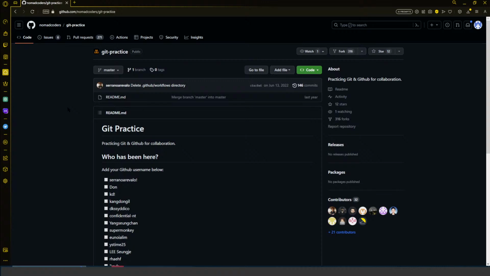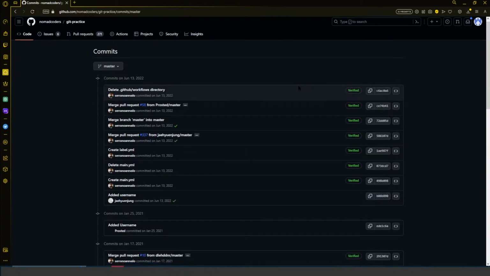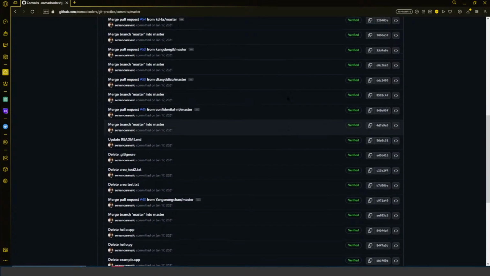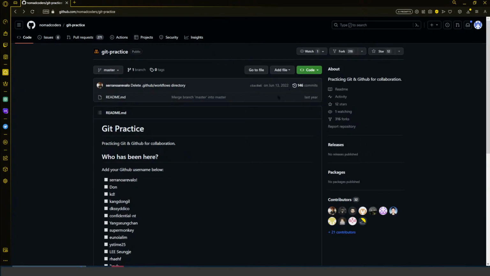Right, so I found this one here that's a publicly available one that is intended for just kind of practicing the process. And so you can see they have a master branch. There's one branch. There's 146 commits. We can see all the commits here that were made by different people. And we can kind of talk about how we would deal with open source software while we are talking about this,